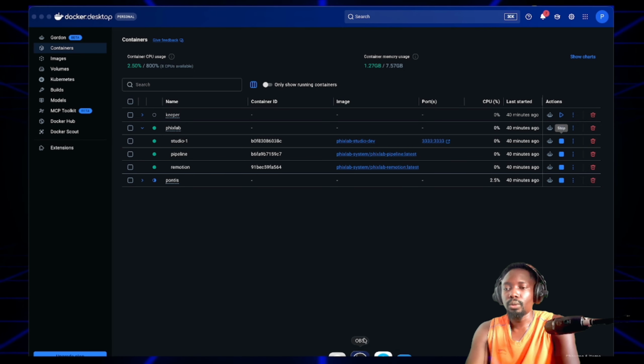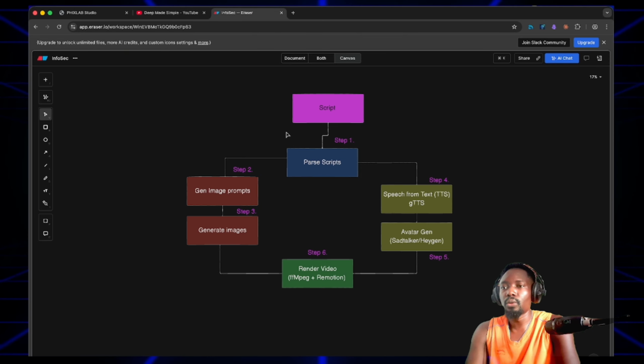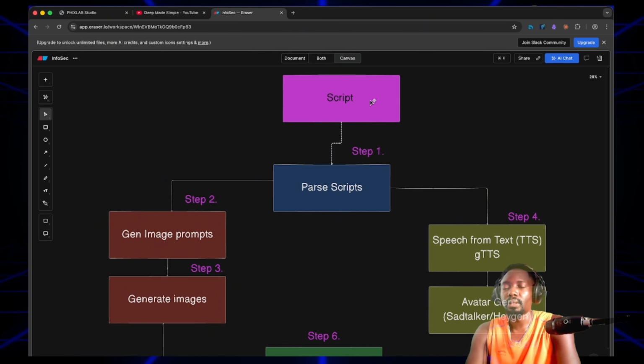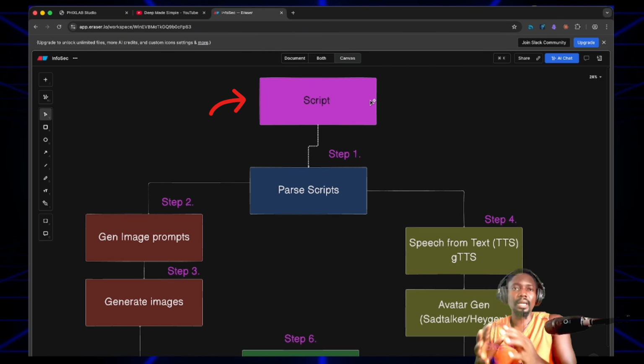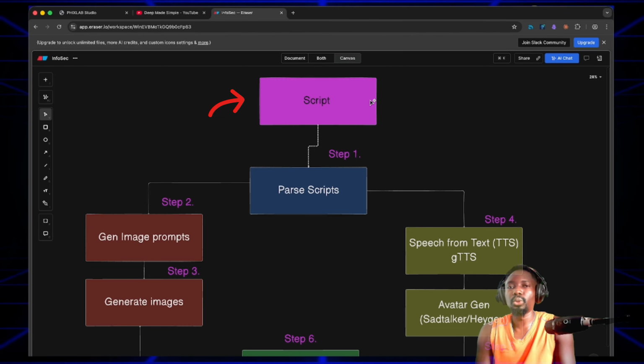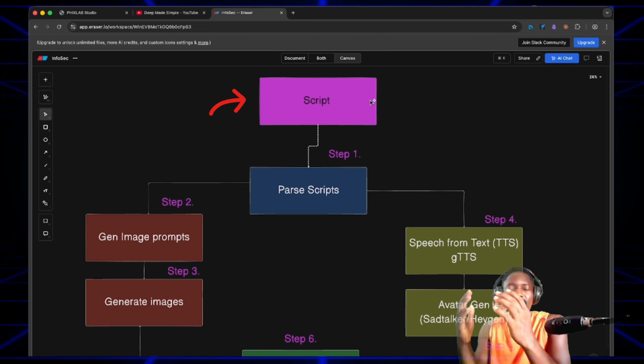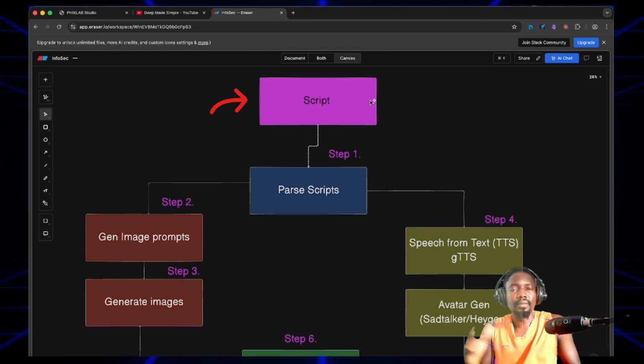So I'm going to go play. So this is the flow on how this guy works. First of all, you get the script. The script is the first step in getting the whole video working. So you generate the script, which is probably from the title you gave it. Maybe "Every Woman in the Bible" is the title, and then you generate a script, a complete storyline from that